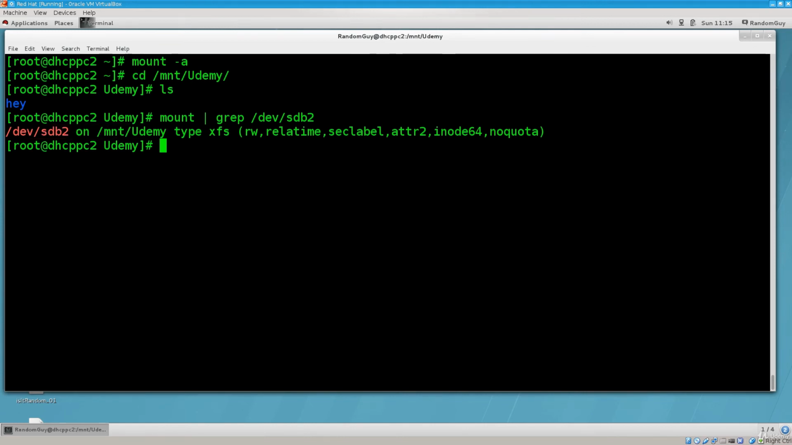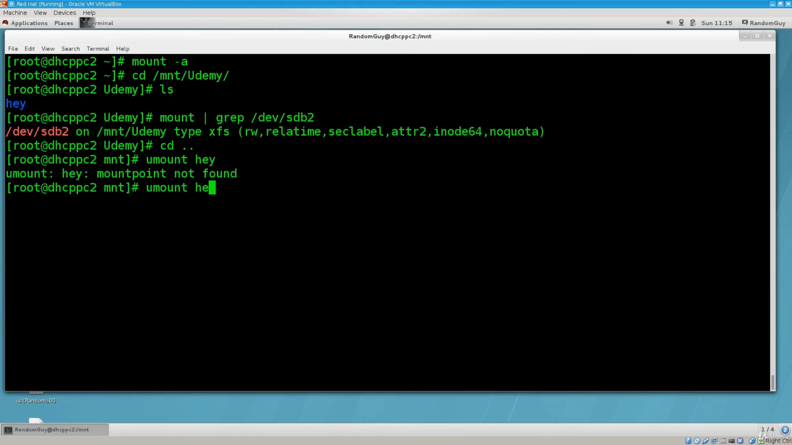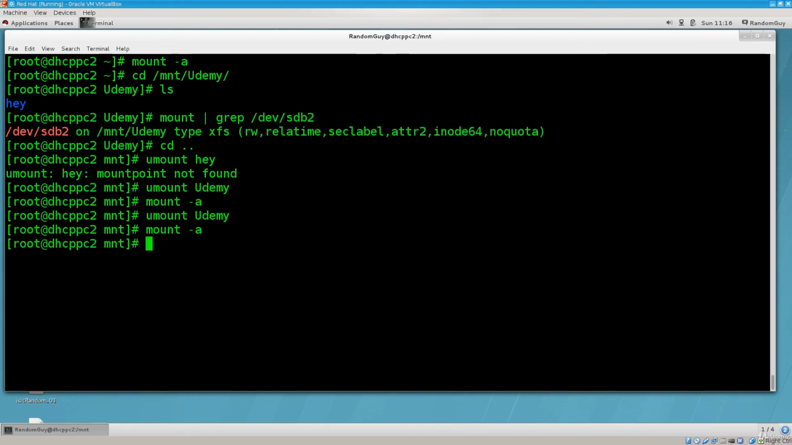Let's go ahead and unmount it and just try to do it one more time to see if it's actually working properly, because I'm not sure whether I have left it mounted or not. Let's go ahead and use umount. Hey, this was a brilliant error on my part. So umount /mnt/Udemy, and then mount -a. Again, we get no errors, but if we just do umount /mnt/Udemy one more time and then do mount -a,